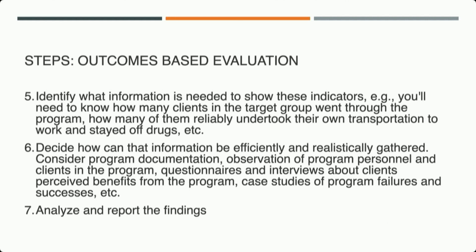Number 5, identify what information is needed, by the way, to show these indicators, to show that it's actually working. Number 6, decide how the information can be efficiently gathered. Talk about how you will gather the information to measure if your program is working, right? You need to say how the information is coming about. So if you are measuring if your program is successfully leading to a decline of diabetes and pre-diabetes in the African-American population, say in the city of Antioch, you need to say, well, the way we will do this is that we will have them bring in a report of their A1C.